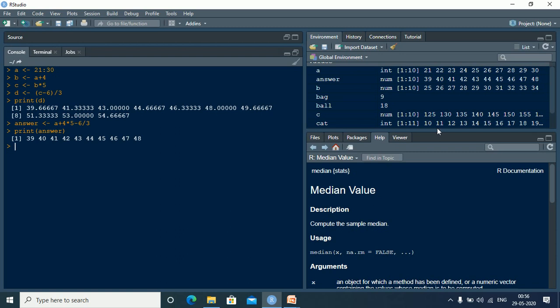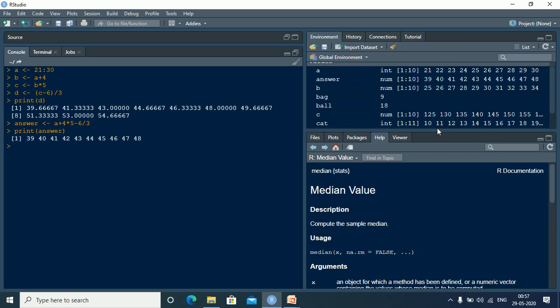So what happens when you pass it as a single command? It is first doing the division, so 6 divided by 3 is equal to 2. Then it is doing the multiplication, that is 4 into 5 is 20. Then it is adding, so that is 20 plus A, that is 21, is 41. And then it is doing subtraction, 41 minus 2 is 39. Right, so it is following the BODMAS rule, and R continues to do the operations in the same specific order.